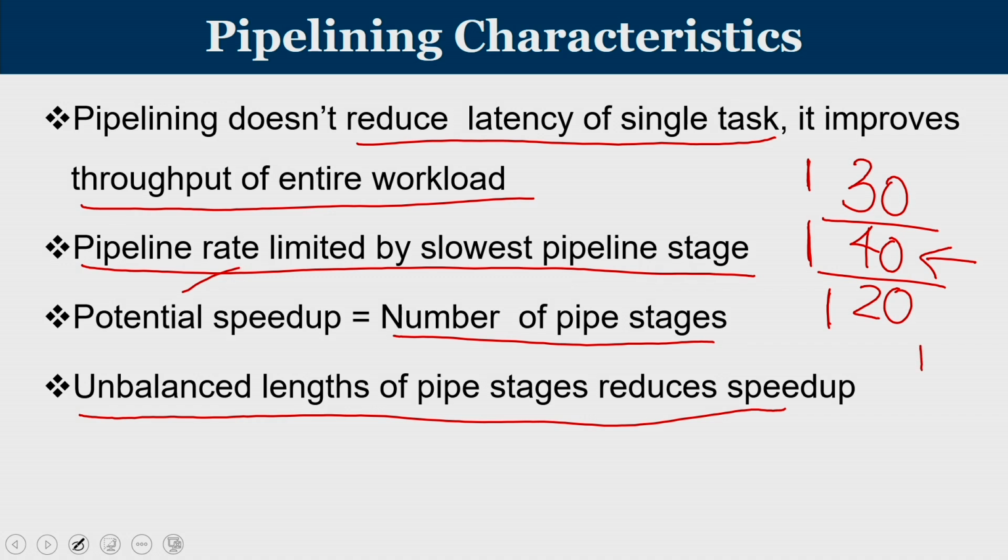What if you consider something like 10, 100 and 20, let us say these are the 3 stages of the pipeline. One stage has a very high delay, whereas the others have a very small delay. Here also we can initiate a new task only once in 100 units of time. So, this is an example of an unbalanced pipeline. These kinds of cases should be avoided, because a pipeline will achieve its full performance only if all the stages have almost equal latency.